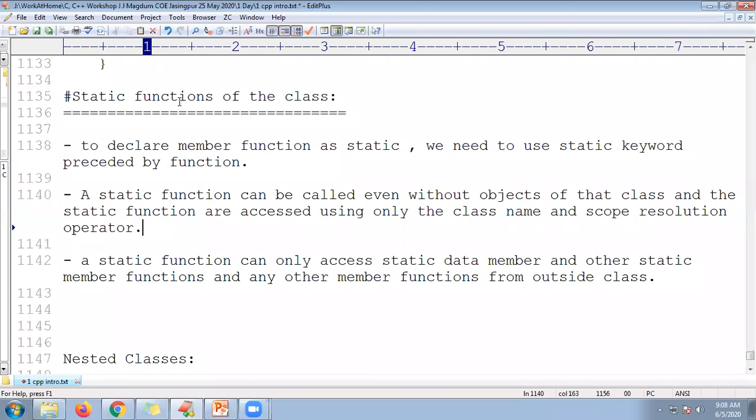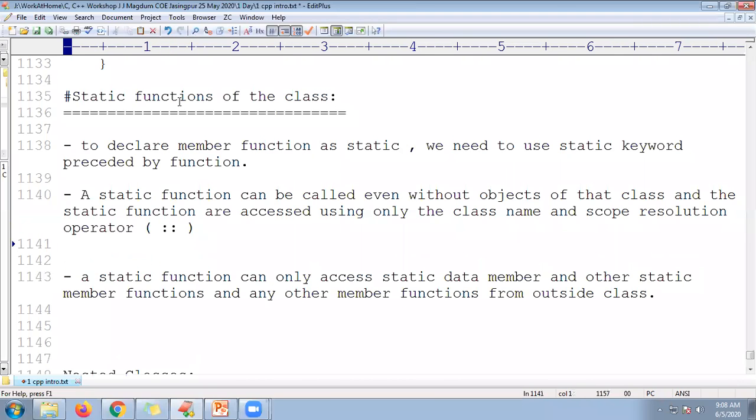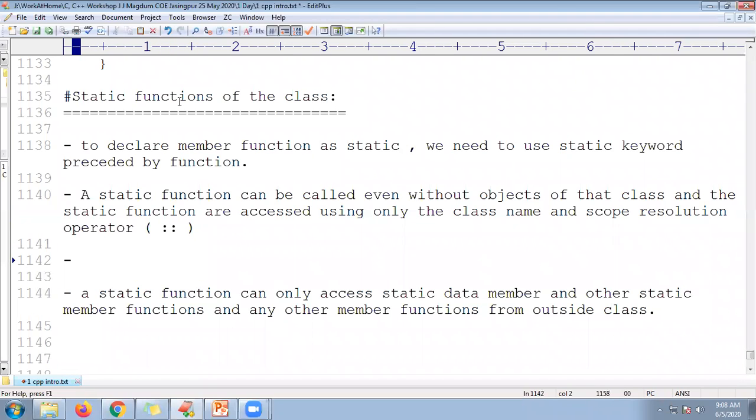That is, how can I write the scope resolution operator? Here, colon colon. Fine.